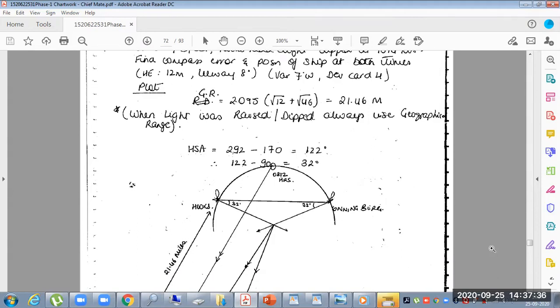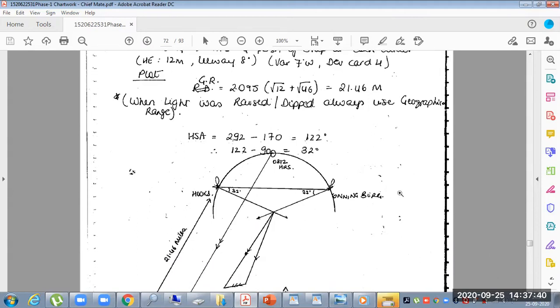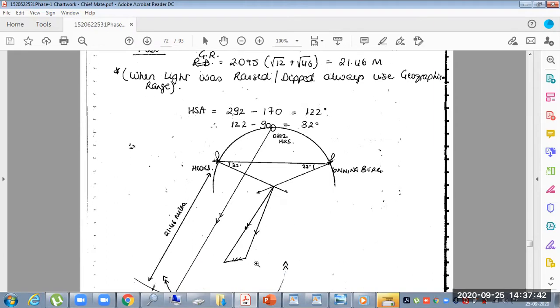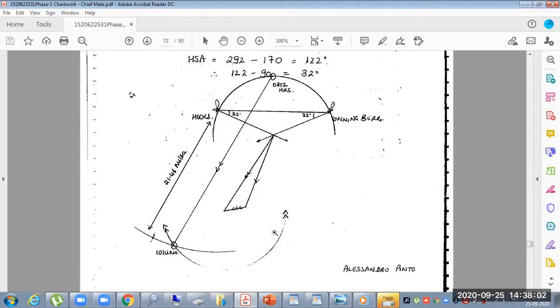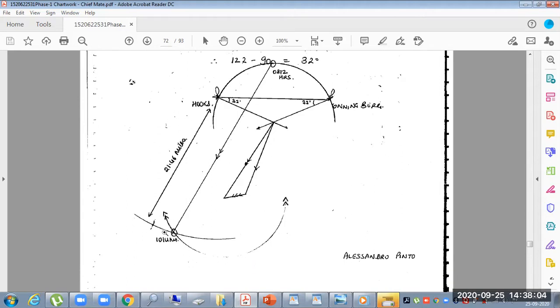You see in the actual plot, wherever you get the center, from the center we will draw the course to steer 182, 9 miles for 1 hour, or you can draw for 3 hours. I have drawn for 1 hour, and from here we put the set 250 into 3 miles for 1 hour. We get the course made good. We extend the course made good for 3 hours 12 minutes, 0812 to 1014. We get the estimated position.